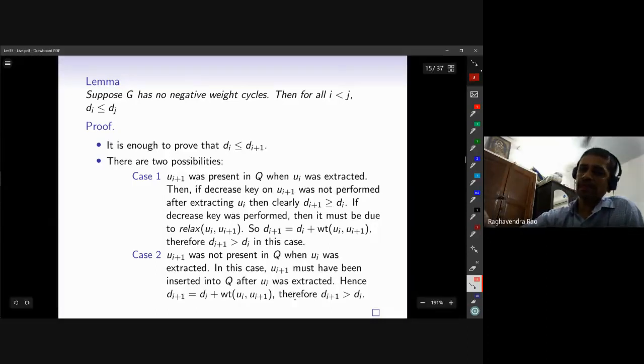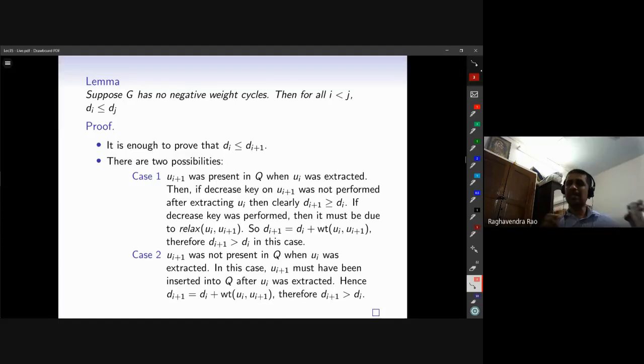Now the other possibility is decrease key was performed. If the decrease key was performed, how did it